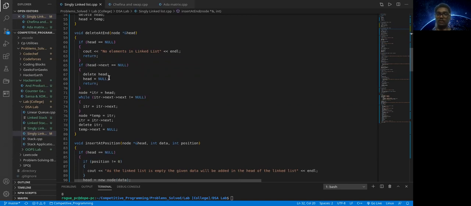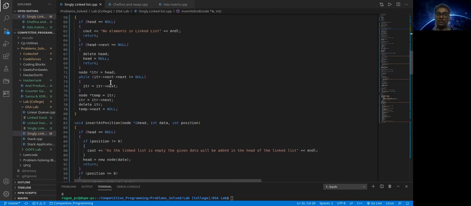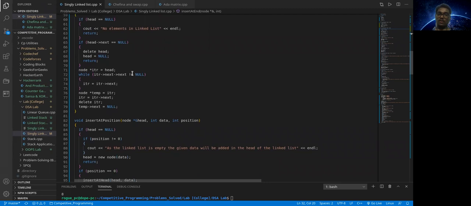That is, if the head is pointing to the last element, if the singly linked list has only one element, that element's next will obviously be null. So if that is true, then we just delete that node and have head point to null. Then we return. But if there are more than one node, we have this pointer which will go until the